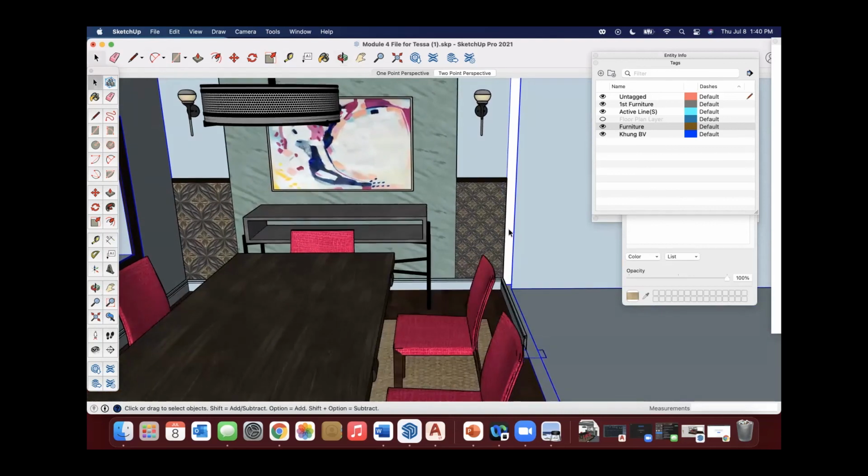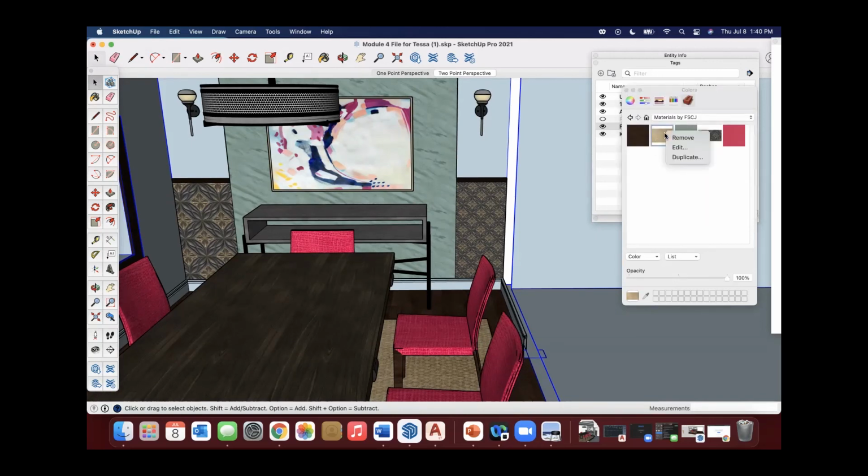Again, you just need to know the product itself and what's actually being applied to determine which one is the correct one. But that's how you can position textures and modify them with the scale, using the pins and just modifying the texture. There's always the option to right click and edit here in the list we have, but it doesn't always work.